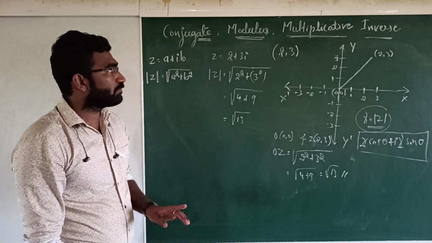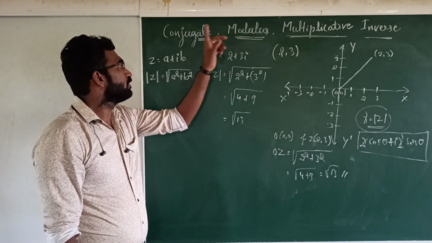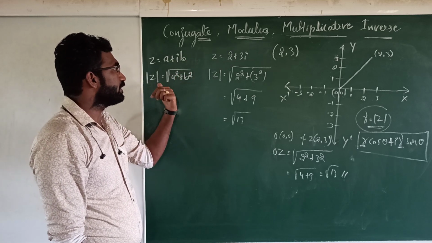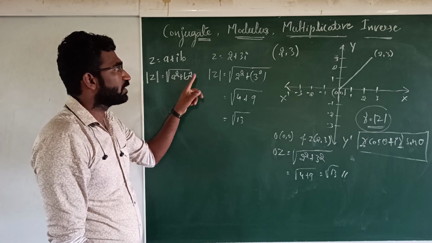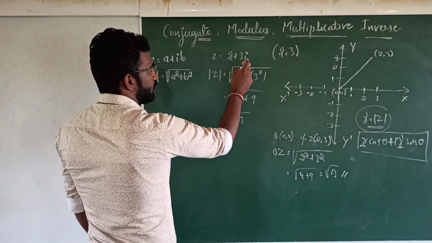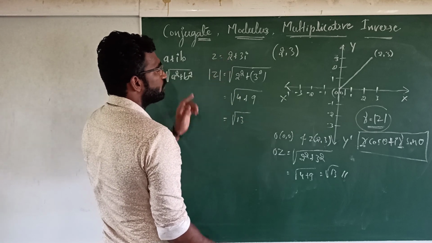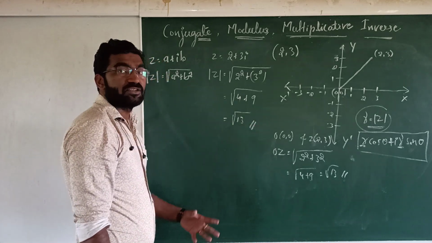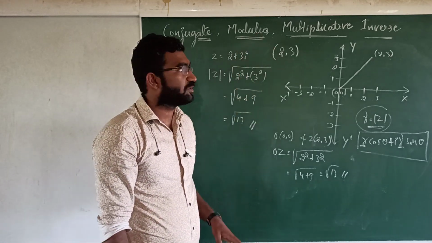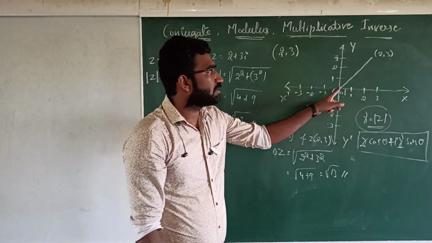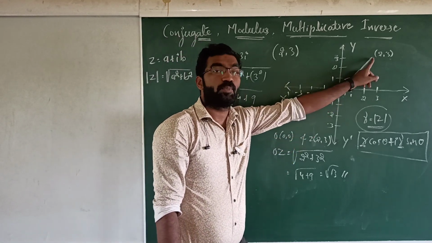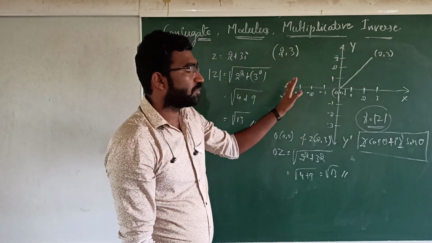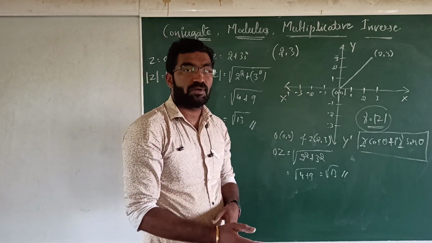So we have done nothing up to here. We were discussing the modulus. If a plus ib is the complex number, then the modulus is denoted by mod z and is given by square root of a squared plus b squared. I took one example, 2 plus 3i. I am interested to find the modulus. Square root of 2 squared plus 3 squared, therefore you get root 13. So what is the geometrical meaning of this modulus? It is very simple: the distance between the origin and the respective point of the complex plane, right? So here 2 comma 3, right? What the complex plane is, and all the things, you are going to see in the next videos.